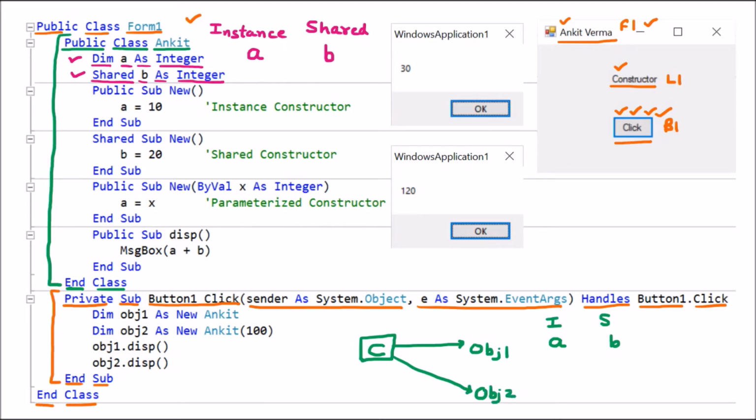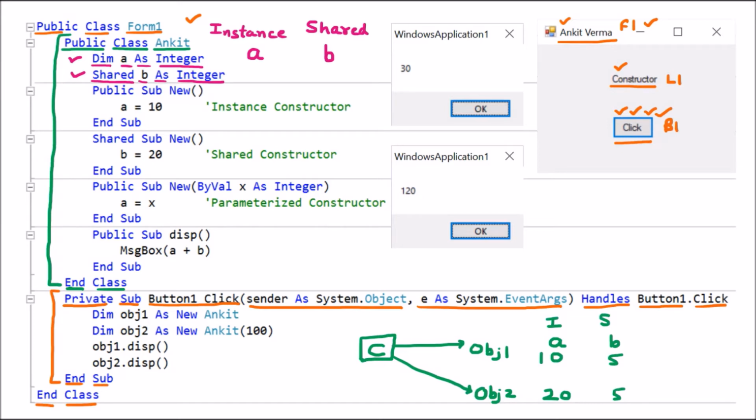We know that object 1 and 2 will be having different values of their variables. But if you talk about the instance variable, it can have different values. Just like in object 1, it may have the value 10. In object 2, it may have the value 20. So a normal variable we declare is the instance variable. But if you talk about the shared variable, you take n objects, but everywhere the value of the shared variable will be the same. So if the value is 5 in object 1, the value 5 will remain in object 2 as well. So that is the simple difference.